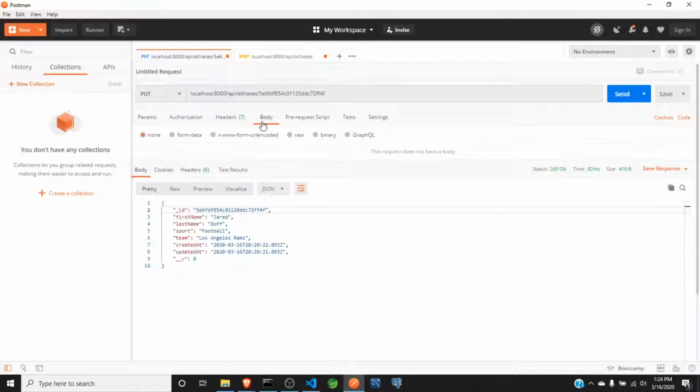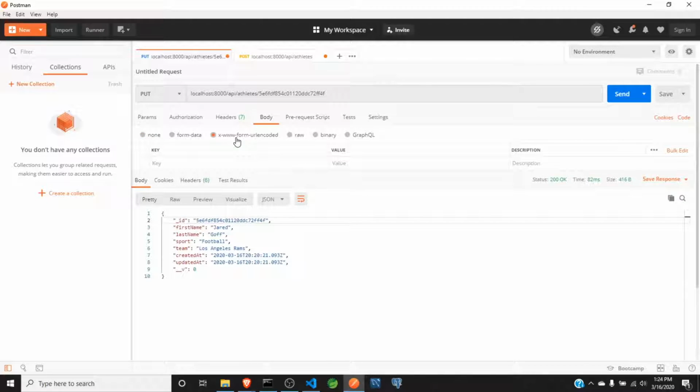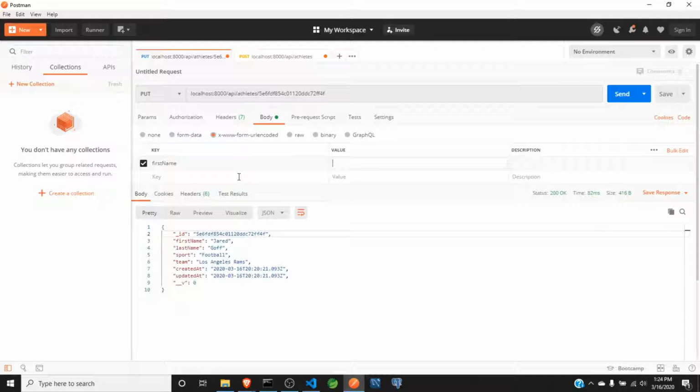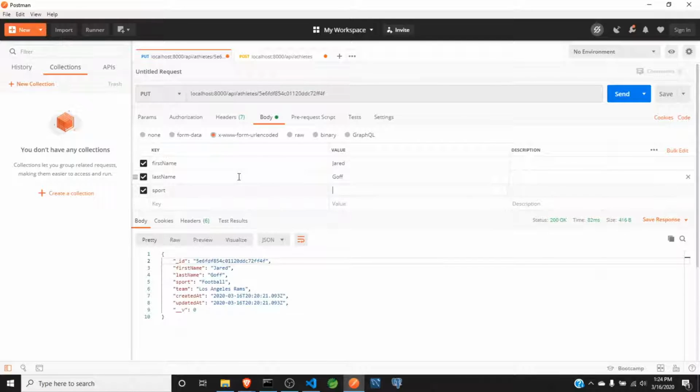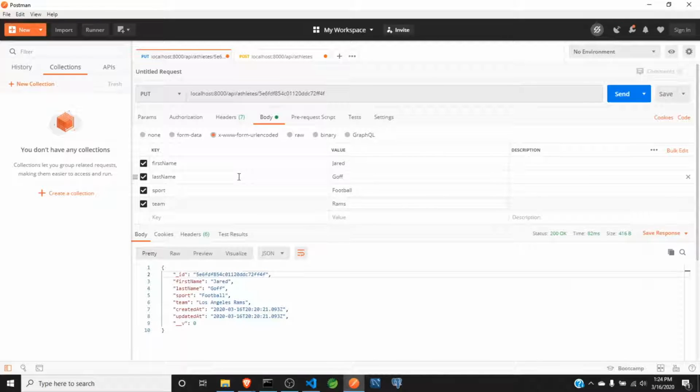We can come over to the body and send in, let's say first name is Jared, last name is Goff, sport is football, and team, let's say we wanted to change it to the Rams instead of the Los Angeles Rams. We send this via a PUT request,